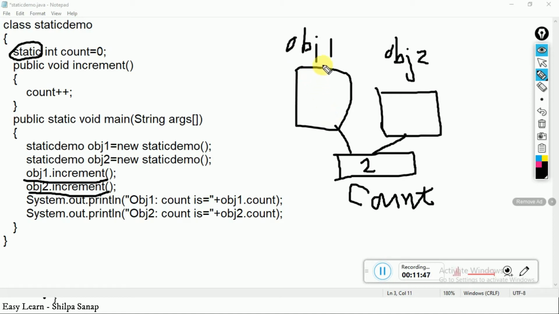This is the difference between a normal variable, which is your instance variable, and the static variable. So please remember, if you are having a normal variable, suppose if you have a variable integer i, a separate copy gets created for each individual object. One copy for object 1 and one copy for object 2. But for static variable, only one single copy will be formed inside the memory. So this is the difference between the static variables and instance variable.